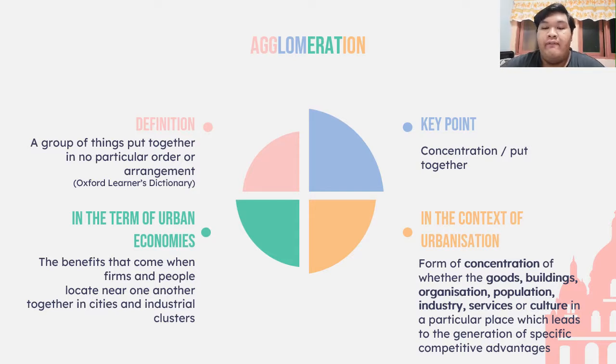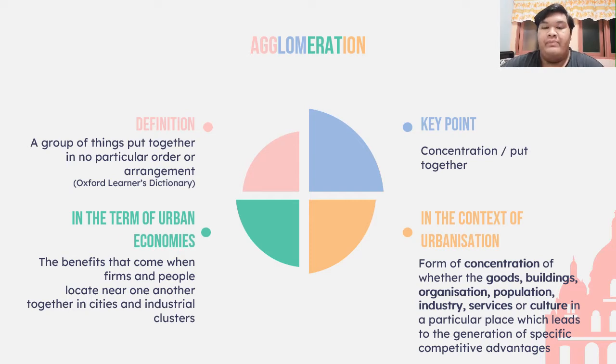According to the Oxford Learner's Dictionary, agglomeration can be defined as a group of things put together in no particular order or arrangement. It means something that stays together in a certain place without planning first. To make it easier to understand agglomeration, just remember these two key points: concentration